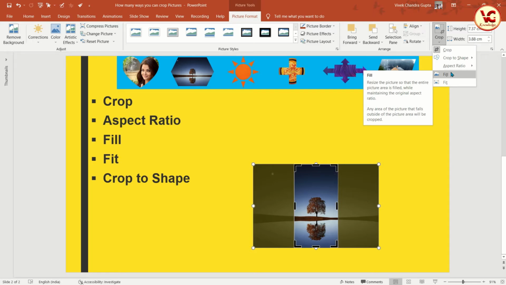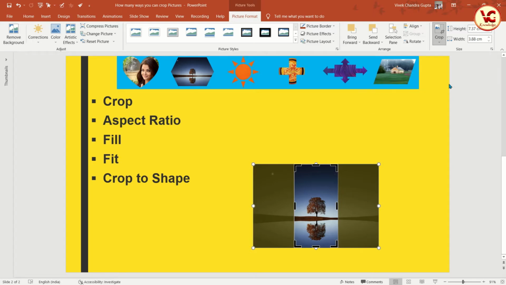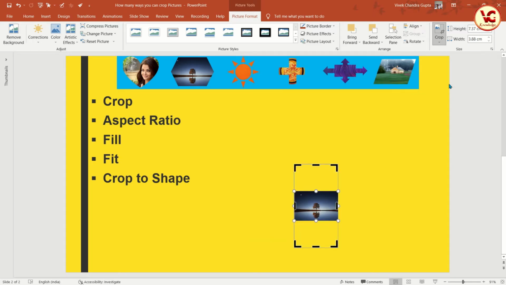Outside this area, the program will crop. When we are using the fit option, the program tries to fit the original picture in the selected aspect ratio, right? So this is the use of fill and fit, and presently it is showing what aspect ratio I have selected.